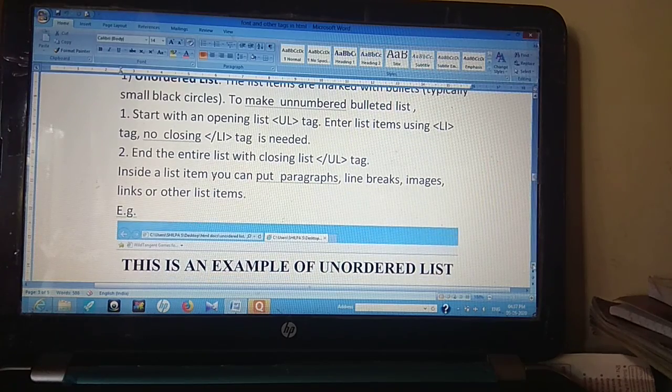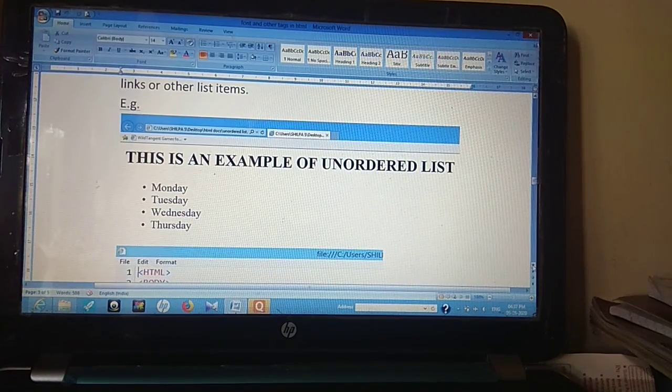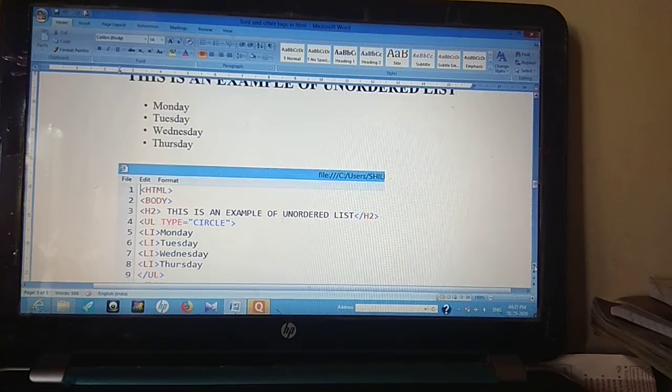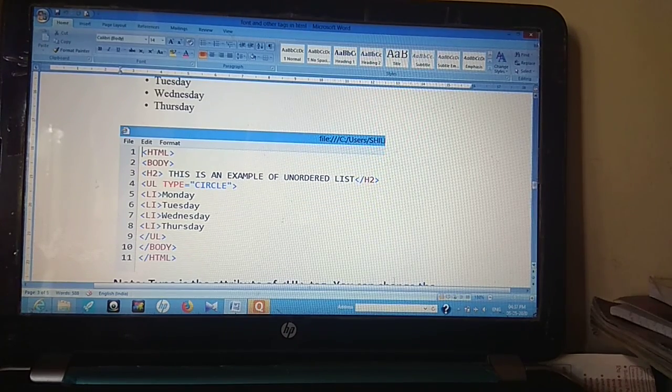I'll show you an example over here of an unordered list. You can see Monday, Tuesday, Wednesday, and Thursday are marked with black circles to the left. So this is a type of unordered list. Type is the attribute of the unordered list.